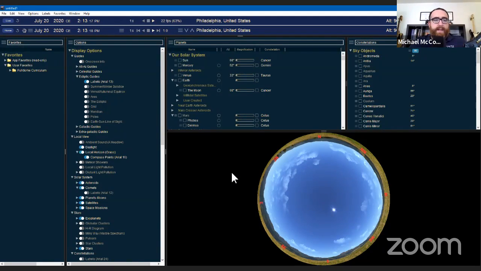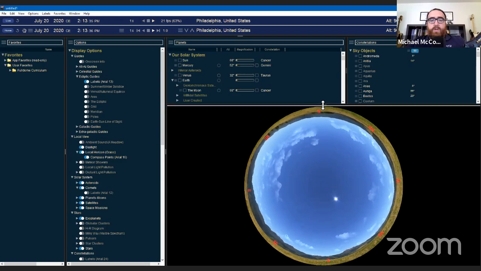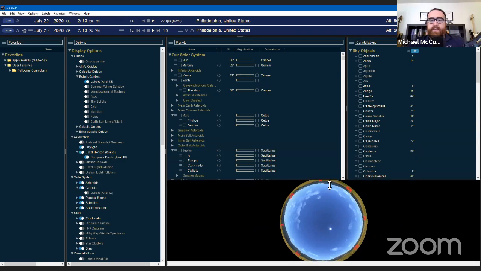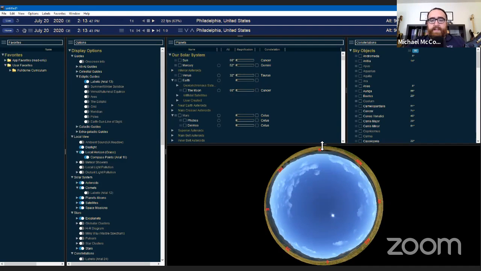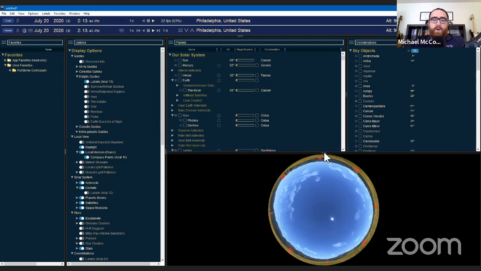We'll take 3 minutes to go over the setup that you have in front of you. Most of you are going to have four panes, four option areas: minor favorites, options, planets, and constellations. Then, of course, you've got your pre-flight preview there in the bottom right. You can change the size. If you know what you're going to be doing, if it's a lot of constellation work, you might want to keep that smaller because you know what you're going to be viewing, if you need some more space